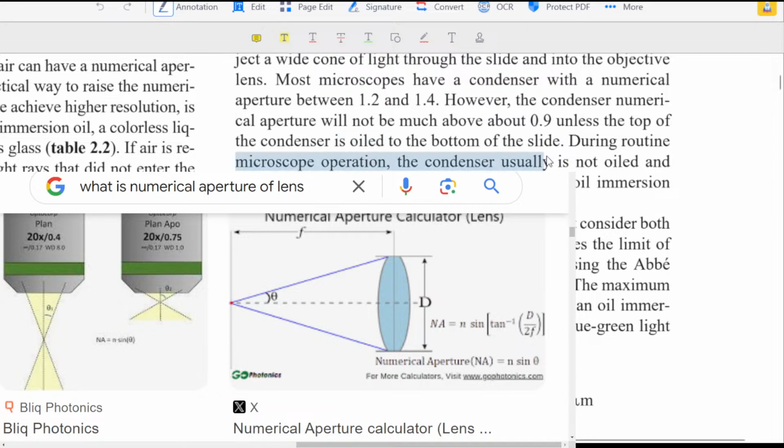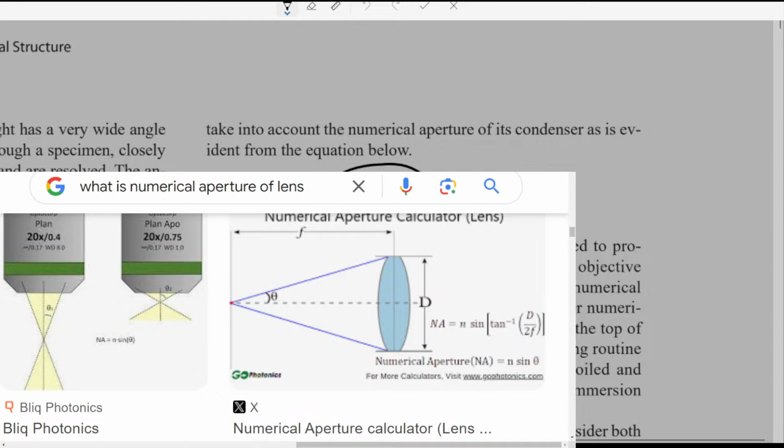To the bottom of the slide, right? If the above portion of the condenser is covered, that is the bottom of the slide part. So we need to oil that part, not the oiling of the, this is the condenser lens. Here we had our slide, so we need to cover this area with the oil,